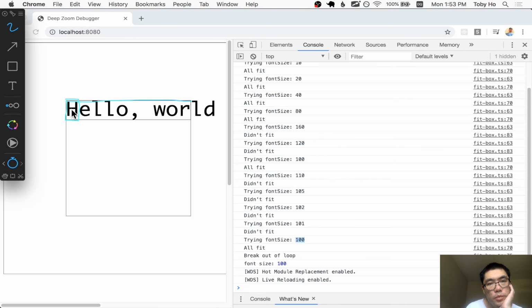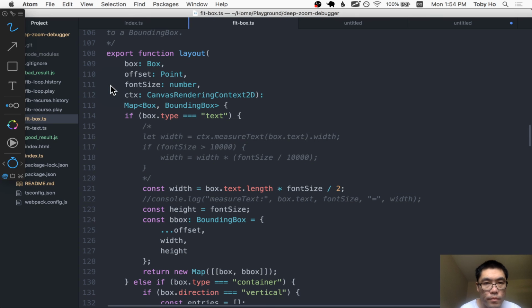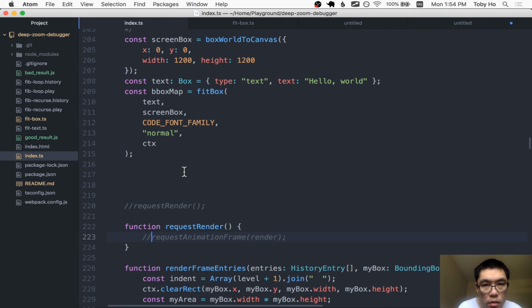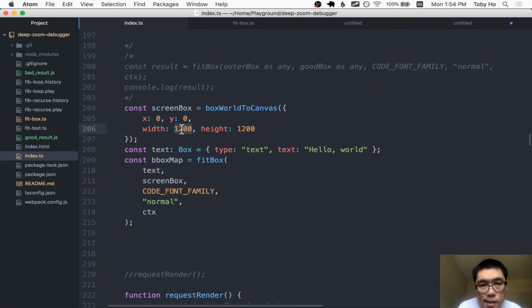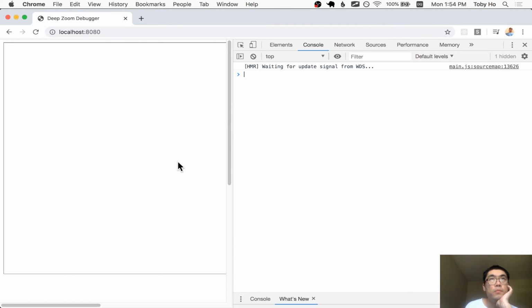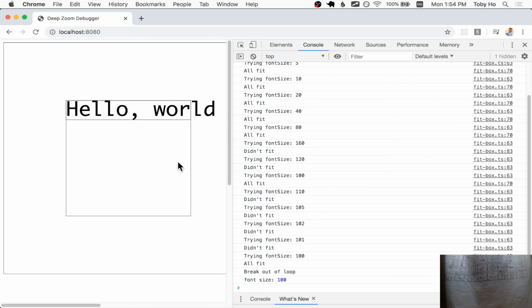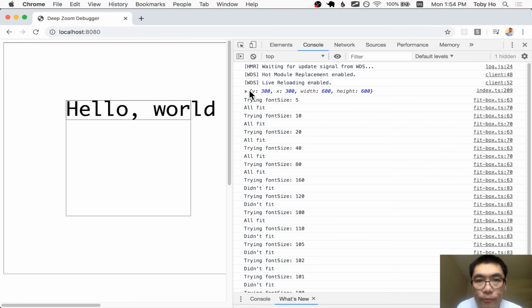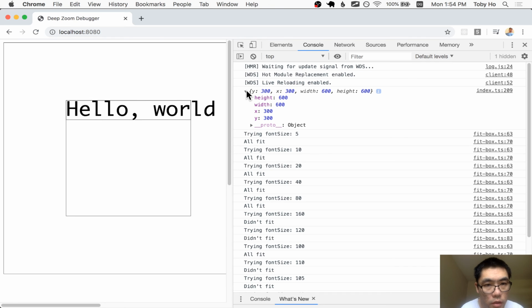This box should be 600 by 600, I think. Let me print out the screen box. Kind of hot today. I'm opening up the window. Okay, yeah, it is 600 by 600,